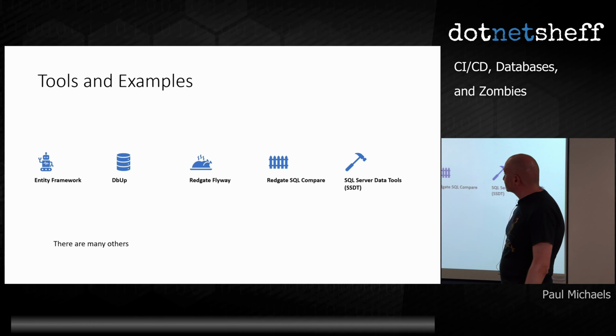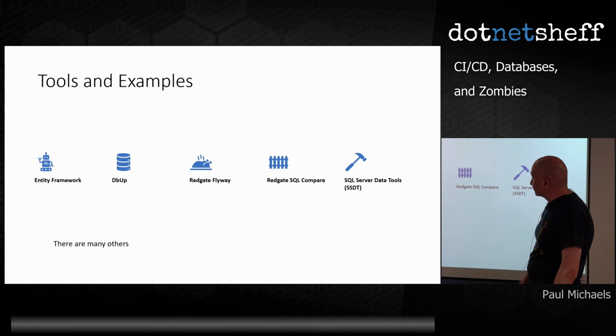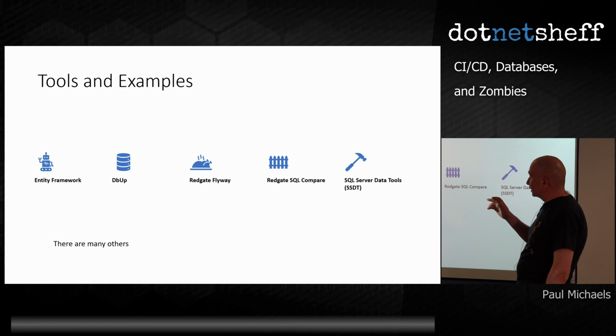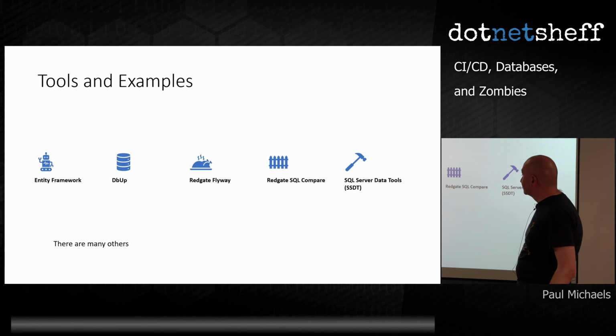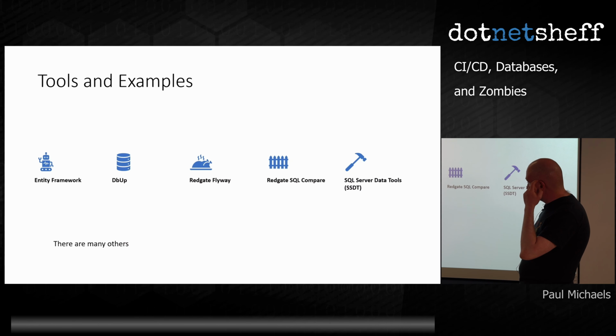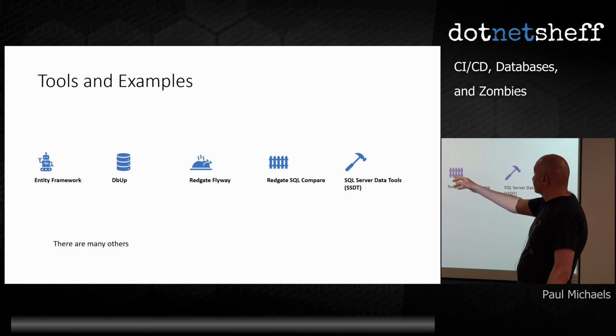All right, tools and examples. So we've discussed Entity Framework. DBUp is like a little tool I think Octopus created, I can't remember. It's like the lightest of lightweight things, you just give it a list of scripts, it'll run them, that's it. Flyway we discussed. Why did I make the icon of that a chicken? I can't remember. There must have been a reason. Flyway, of course, yeah, because it's a chicken, you don't fly.